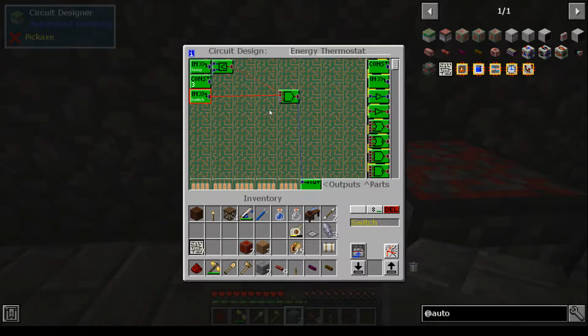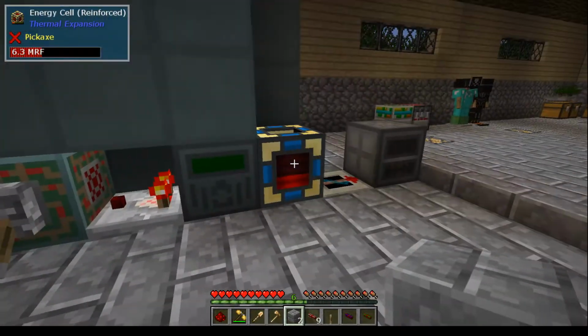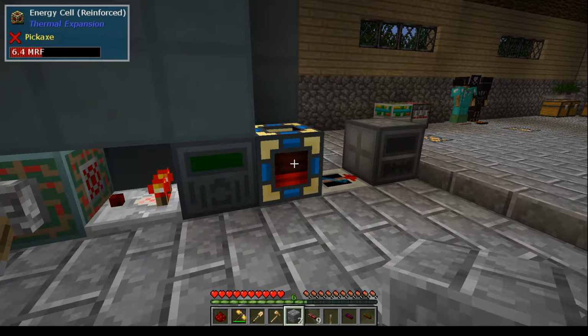The trick here is that we don't want this thing flipping on and off all the time. So if we just say, hey, when the energy buffer is greater than X, then turn off, that's one way of doing it. But what's going to happen is it's going to try and keep it right there, and it's going to constantly be running. Instead, what we want is to say, look,